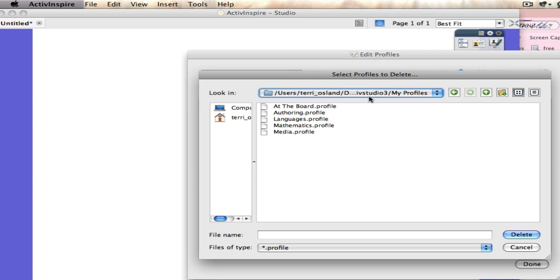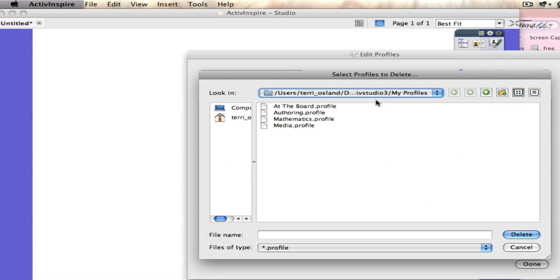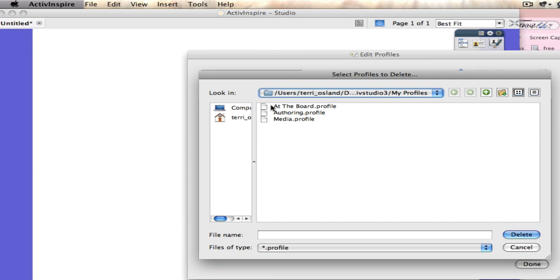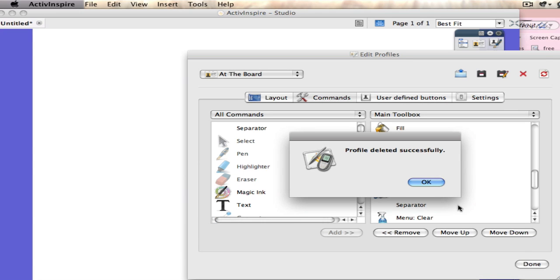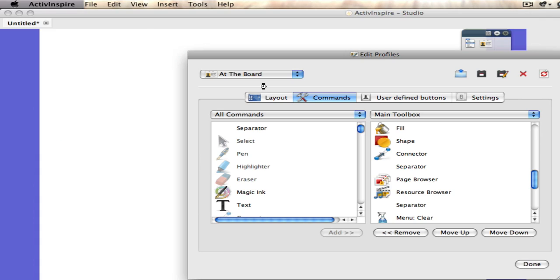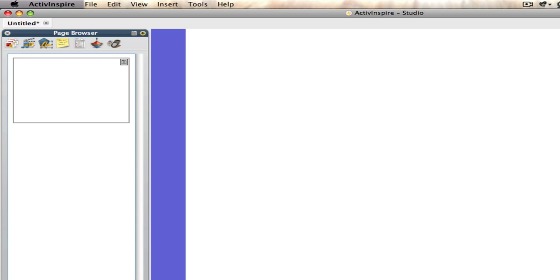So I'm going to click on the delete, and I want to get rid of my languages profile, and I'm going to hit delete again, get rid of mathematics. The only one I want to keep is at the board, and I want to keep authoring. You might want to keep the Hopkins one. So now I'm down to 2 profiles only, and if I go to my authoring profile, I am going to choose to put more tools on that particular profile than I would have on my toolbar if I was at the board. Click on done, and then it's very simple to go back and forth between your 2 profiles